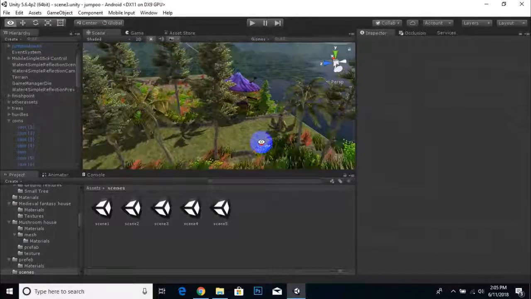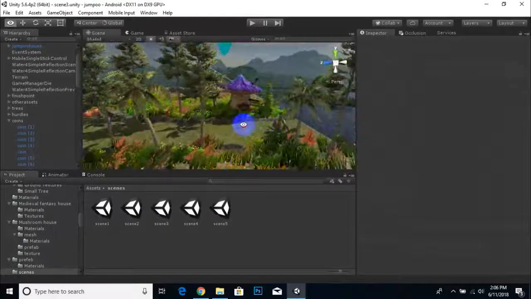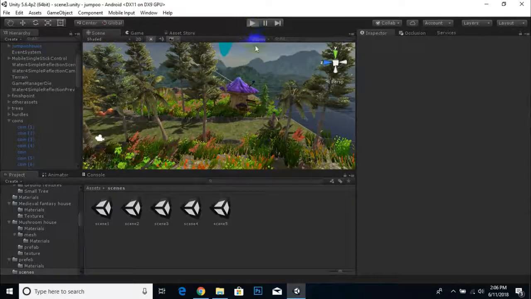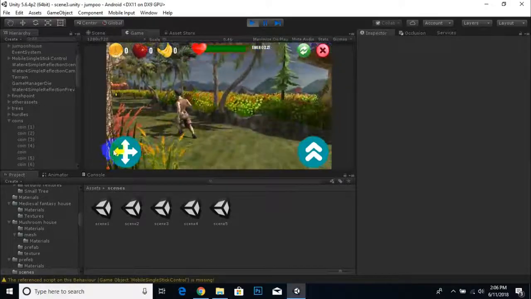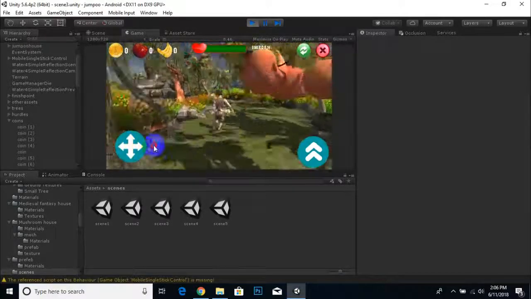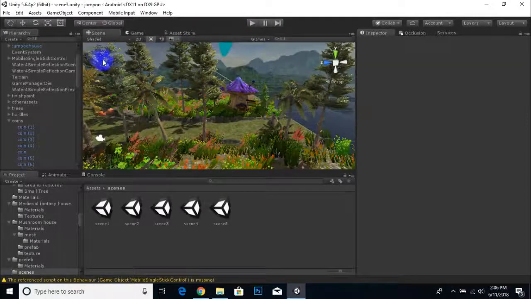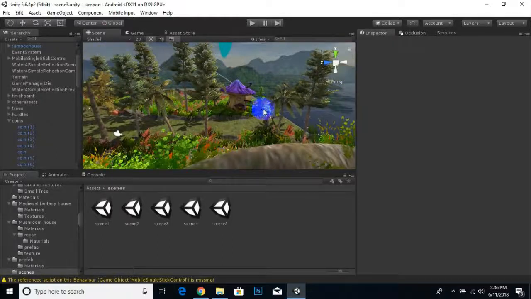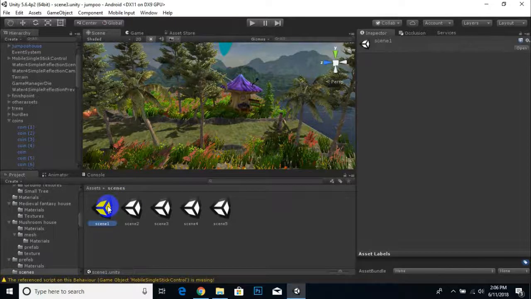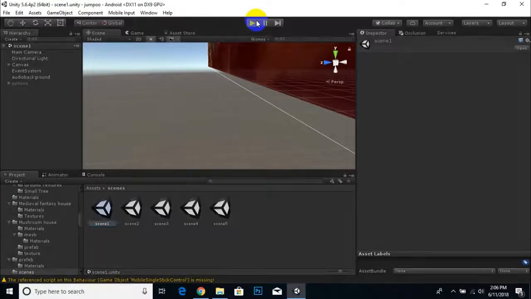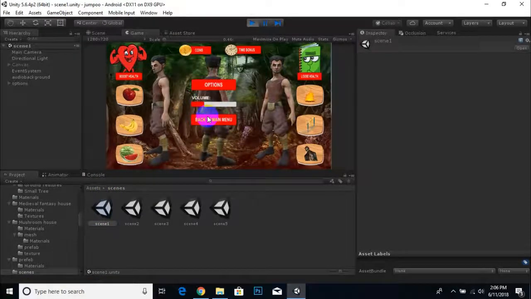But now you can see I have created this scene, and if we play the game, you can see I have adjusted the camera follow, jump, and a lot of other things I set up. You can see UI elements also here, fruits and health bar, etc. Everything is working fine. Also, for example, we go to scene 1, then from scene 1 we will start our game,